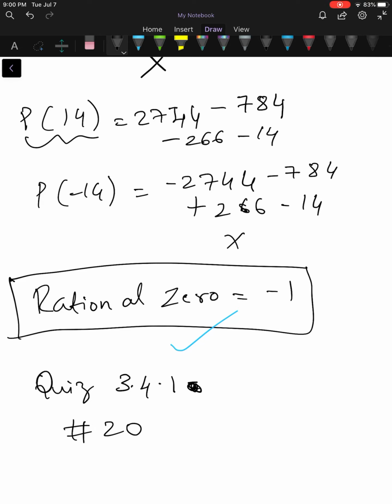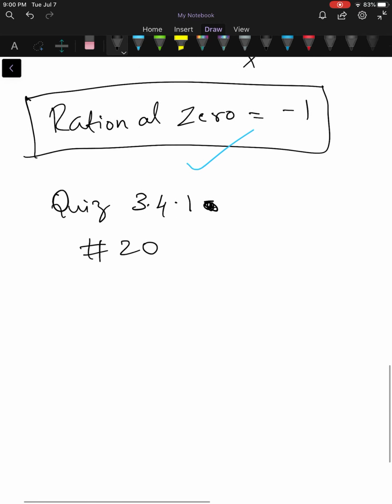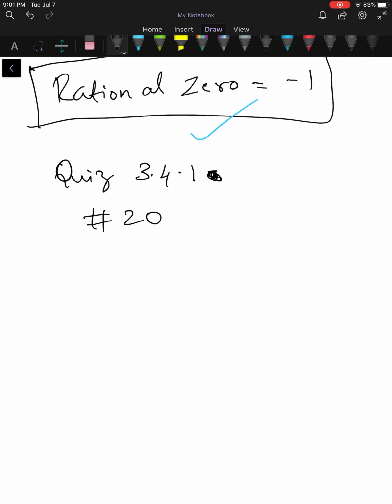Okay, so the method that we learned now is really tedious. It's lengthy, and it works only if the coefficient is 1, that is, the leading coefficient is 1. So what if the leading coefficient is not 1? It is not possible every time to find out all the fractional values, and it becomes difficult once you have a fractional value and you have to substitute that back in the equation and solve it. So it's really difficult. So you have another method where you use synthetic division